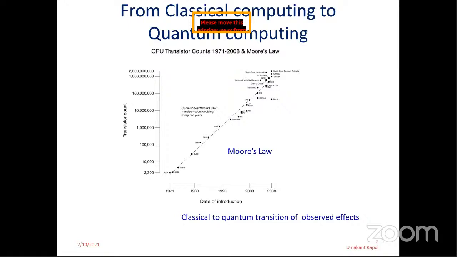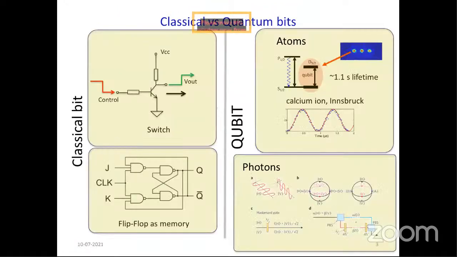And as we all know, once you go to atomic or molecular scales, classical physics laws hit a roadblock, and all the physics that goes on needs to be explained with quantum mechanics. So that's where the emergence of quantum bits, or qubits, comes into the picture, or using quantum mechanical bits for doing quantum computing. So what's the difference between a classical and a quantum bit?